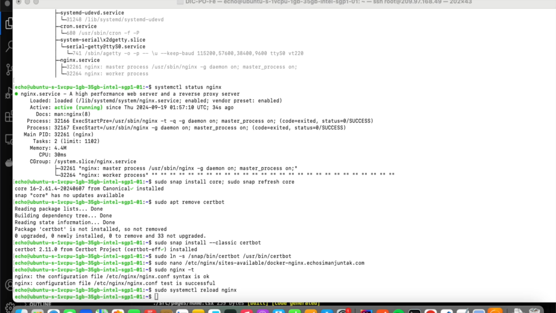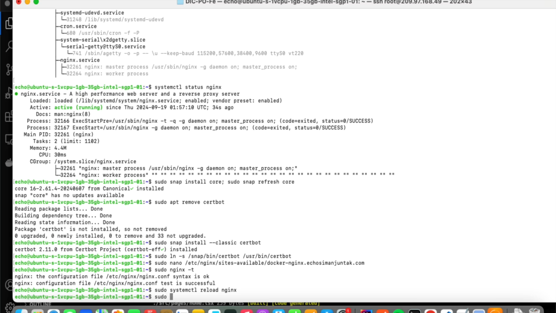Now we will continue with obtaining the SSL certificates. Okay, as you know, we have already installed the Certbot before, and now we will use it to